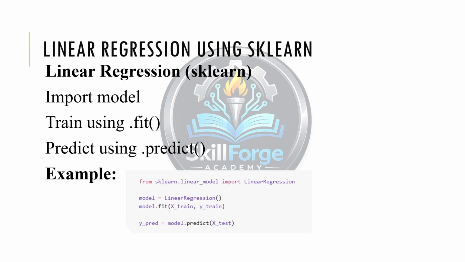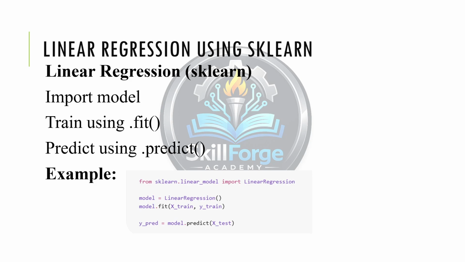Okay. So now how do we do linear regression, how we can implement it from sklearn. First we create the model, then we train it using the fit function. This is where the model learns the best fit line. After that, we predict to generate predictions on new data. So behind the scenes, sklearn is doing everything we just discussed, minimizing error and finding the best line. This makes it very easy for us to build a machine learning model. So we will try here to build a model. I will implement it and show you how we actually make it.